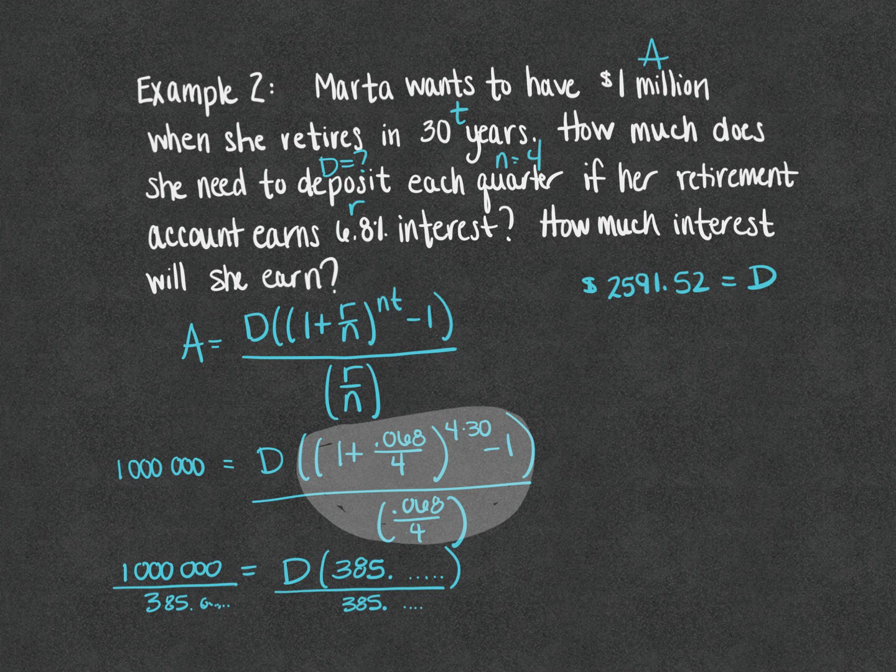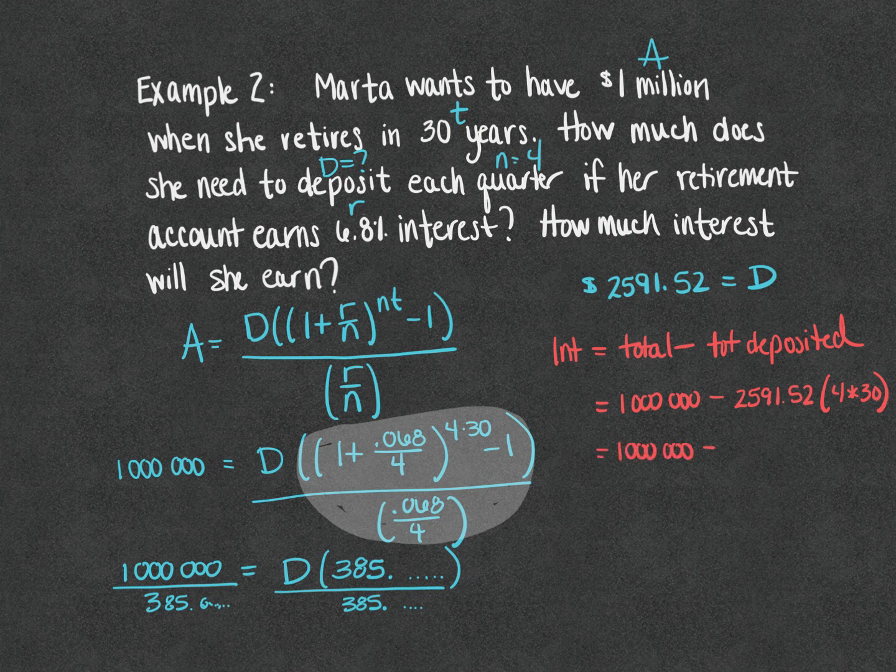Now, in order to calculate the amount of interest, very much like we did in the last problem, the interest is the total in the account, future value, minus the total deposited. So the total in the account is $1 million, and the total deposited is the $2,591.52 every quarter for 30 years. So whenever we multiply the 2591.52 times the 4 and the 30, or in other words 120 total payments,